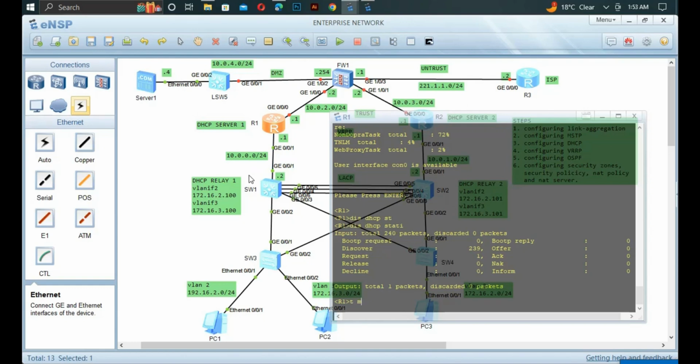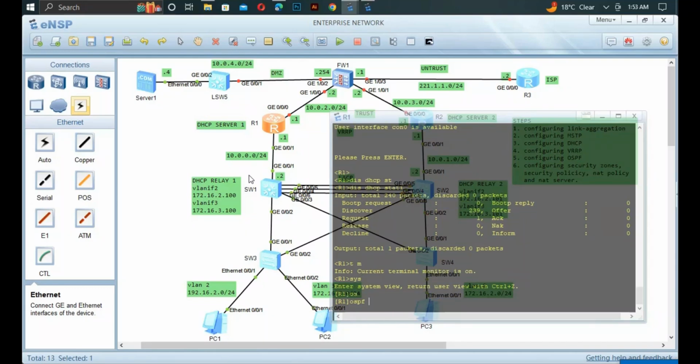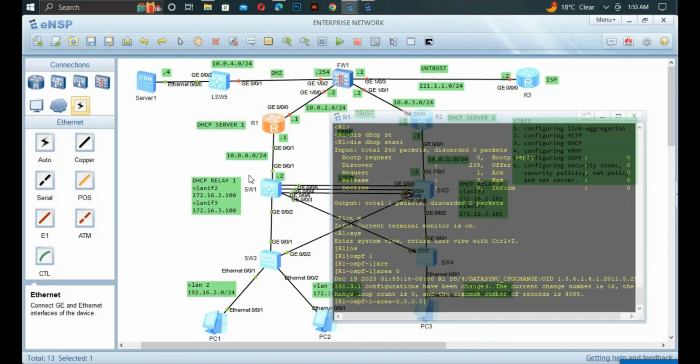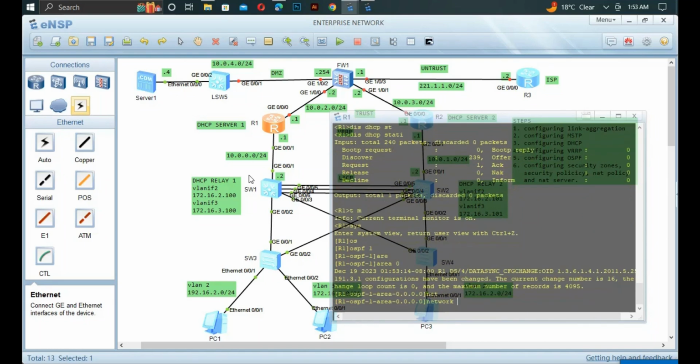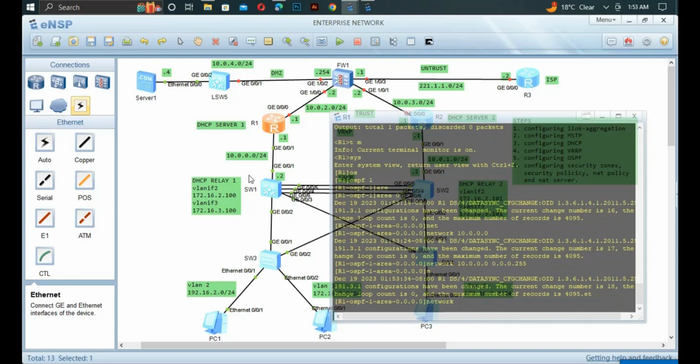So on configuring OSPF, what we do: OSPF process number 1, we enable them on area 0, a network of 10.0.0.0, wildcard mask of 0.0.0.255. Then another network where the PCs belong will be 172.16.2.0, wildcard mask of